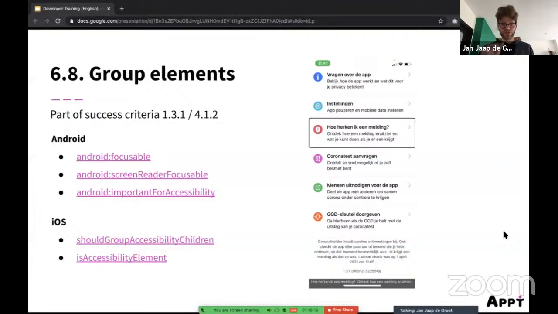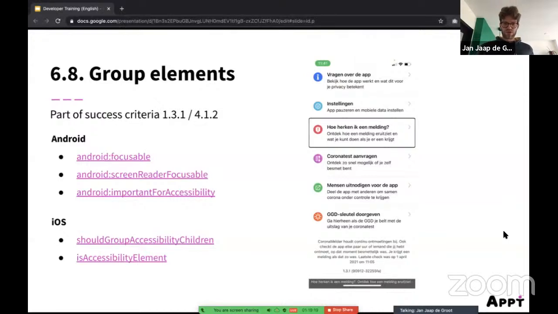So how can you achieve this? On Android, you can use the focusable attribute. So you should set focusable to false for the title, image, and the description. And then you should set focusable to the root layout. So the linear layout or whatever kind of layout you're using, the layout should be focusable. You set a content description, which describes everything that's inside of the layout, to group everything together as one group.